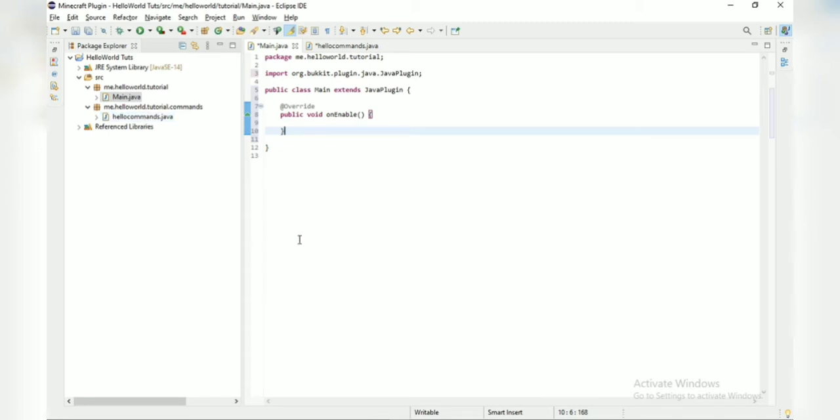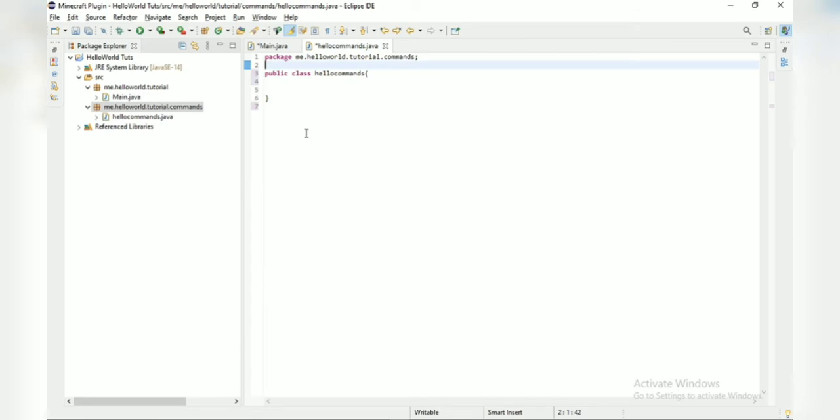I don't like my code to be clumsy, so I'm going to make different packages for different kinds of things. So I've already made a package named commands, and then we have made a class in that named HelloCommands. So once you're done with that, what we are going to do is public class HelloCommands implements